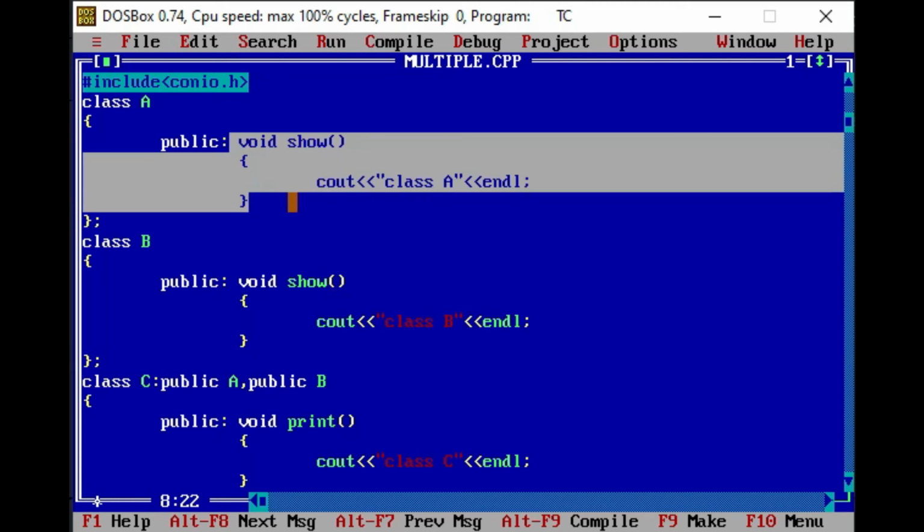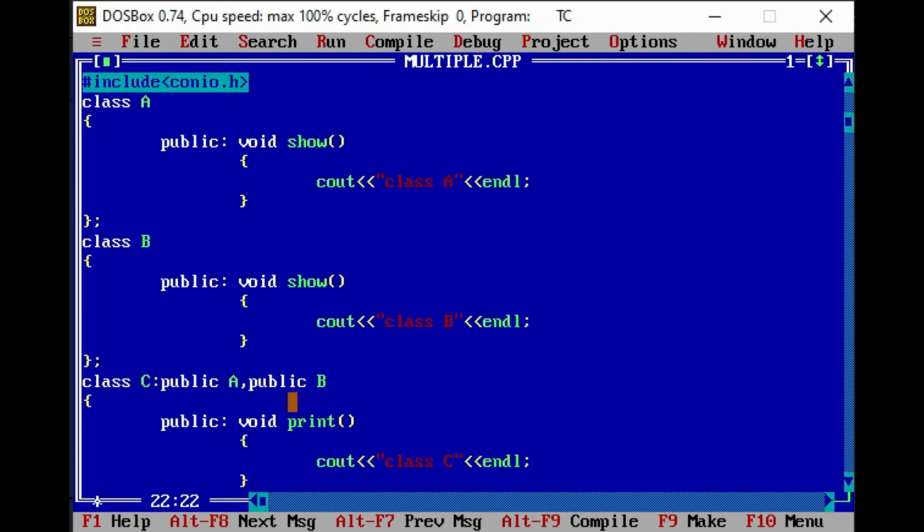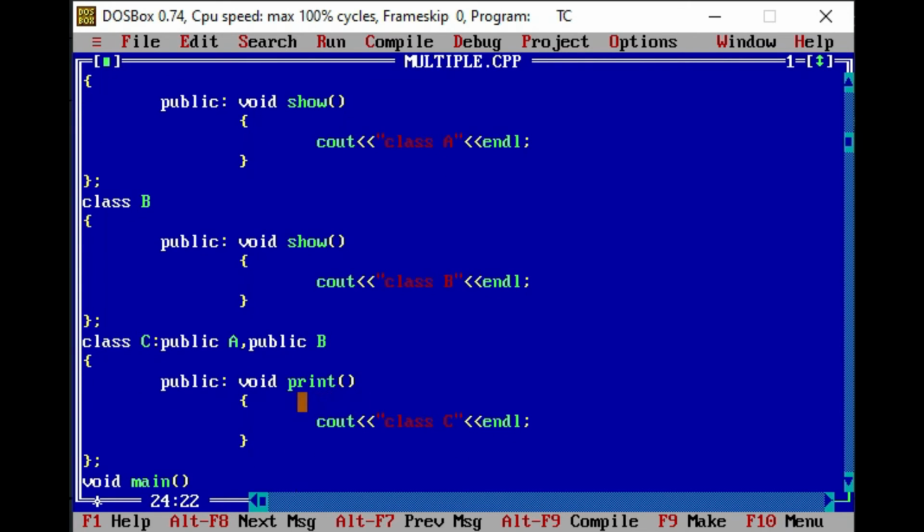So here this show function is of class A and this show function is of class B. Now if I am inheriting the properties of A and B into class C, then there are three functions in class C. One is print and the other two have the name show. So the compiler will be confused here about which show function needs to be called.